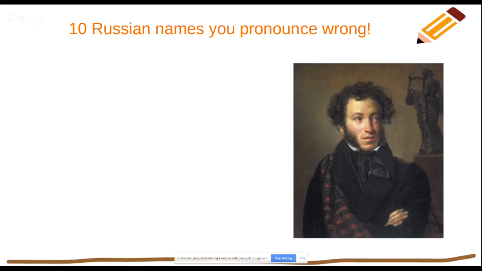Okay, let's go forward. This is a very famous Russian poet and writer, Alexander Pushkin. Yeah. He was born in 1799, and he died, if I'm not mistaken, in 1836 or 37, I think 36, at a duel.